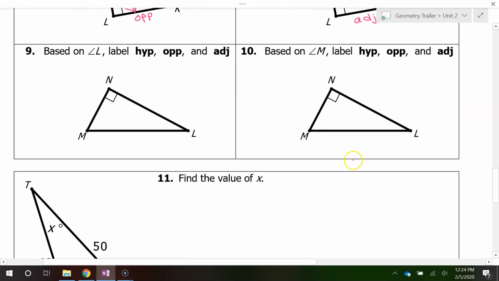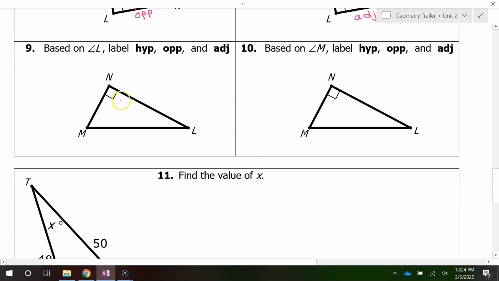All right, let's do that again for 9 and 10. Let's start with the hypotenuse. Across from the right angle, you know that the hypotenuse will be right here. Now, from the perspective of angle L, across from angle L will always be the opposite leg. And that leaves this to be the adjacent leg. But it is also the one that is nearby the angle that we circled. And for problem number 10,